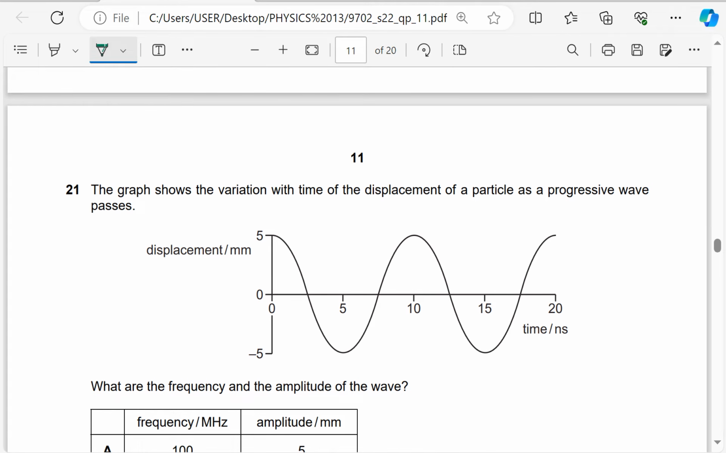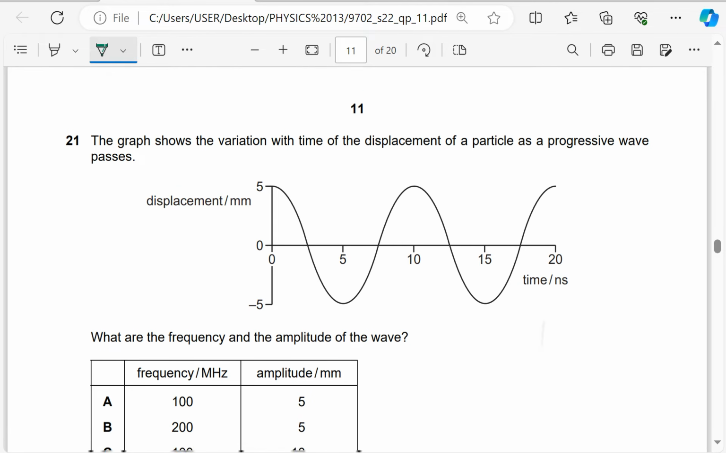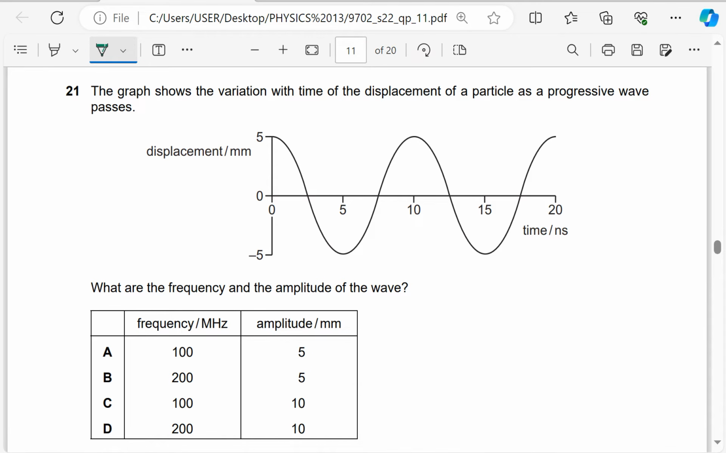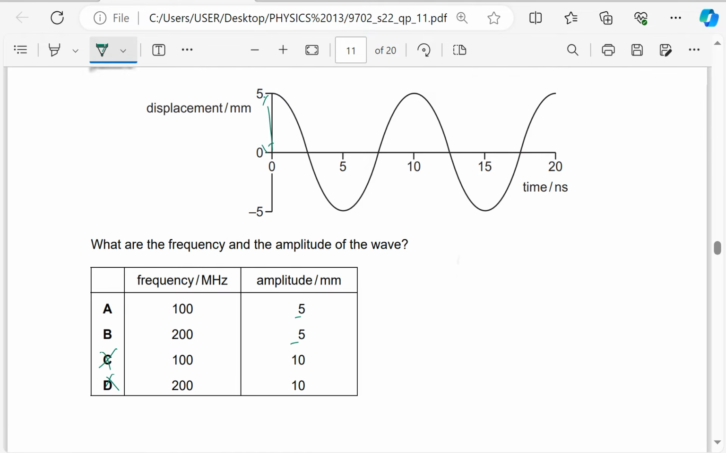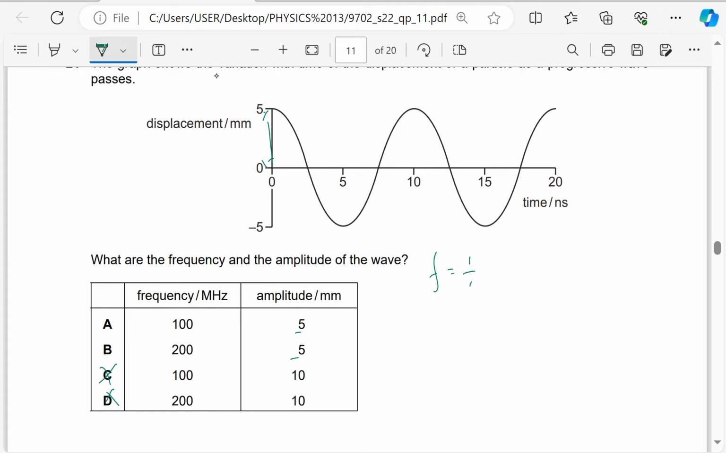The graph shows the variation with the time of the displacement of a particle as a progressive wave passes. What are the frequency and amplitude? So for amplitude, I just look here. The amplitude is 5, which eliminates C and D. Then for frequency, frequency is equal to 1 over the period. I think this is the period, which is 10. So the period is 10 times 10 to the power of